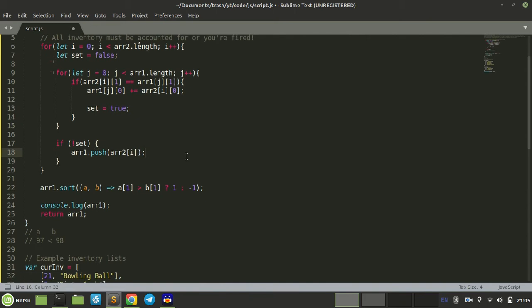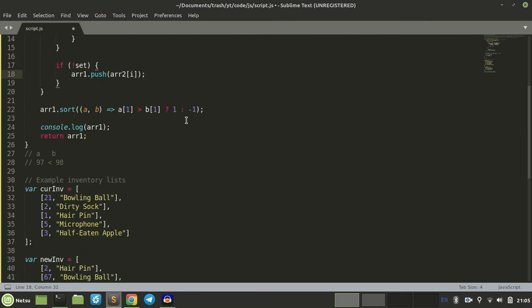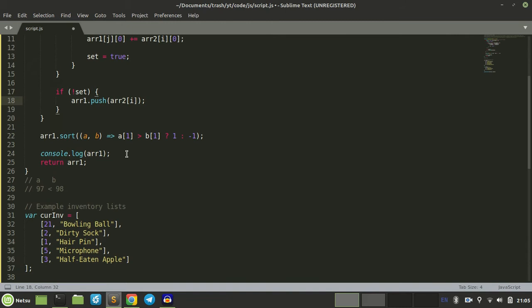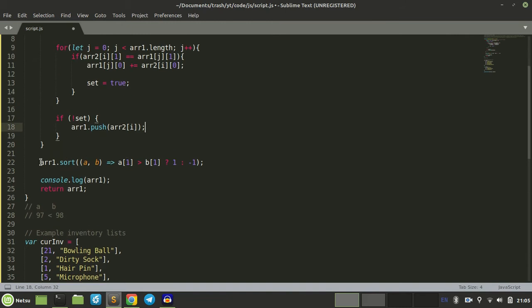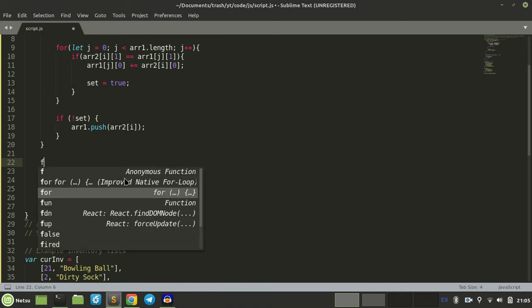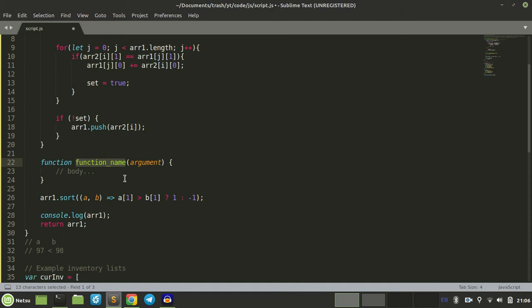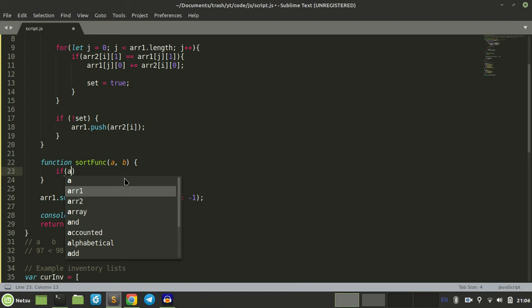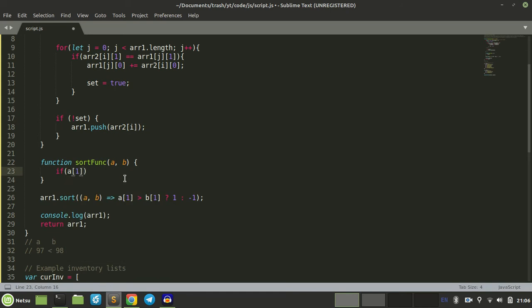Okay, and then after it has done all of that processing to figure this out, what it's going to do next is array1 dot sort. And let me explain this to you in longer terms, like the way I would have done it if I didn't try this one. I would have gone function, and I would go sortFunc for sort function, A B. It's going to take in 2 variables. Then it would have said if A at index 1, because we're going to take in arrays, is more than B at index 1,